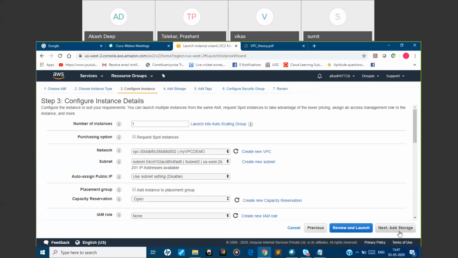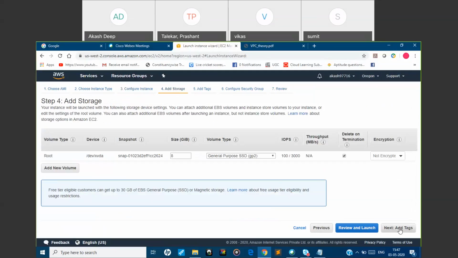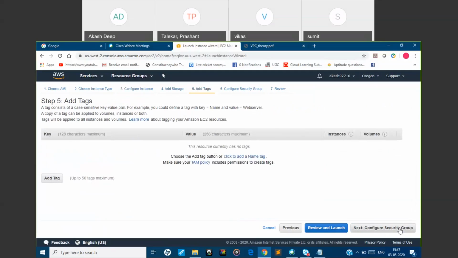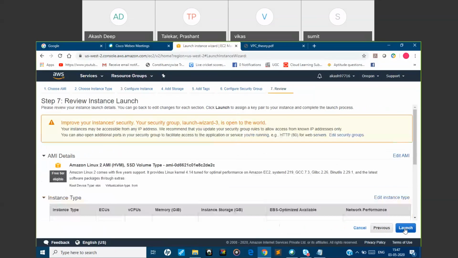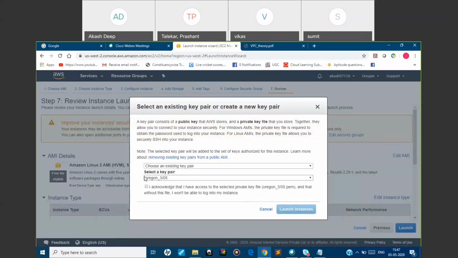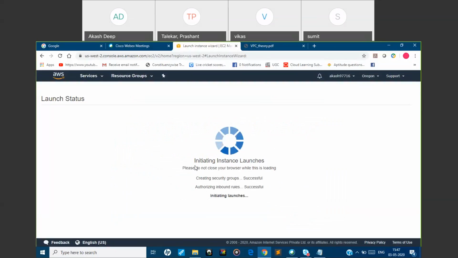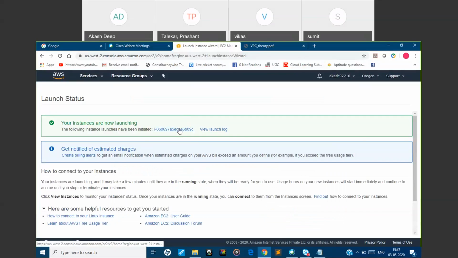Just click on add storage. Click on add tags. Okay, we are not giving any. We'll do that later. Configure security group. Review and launch. So we'll go here.